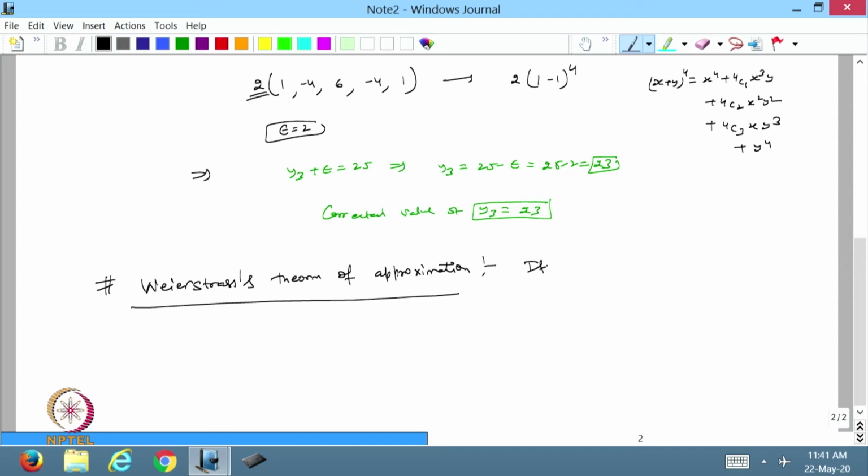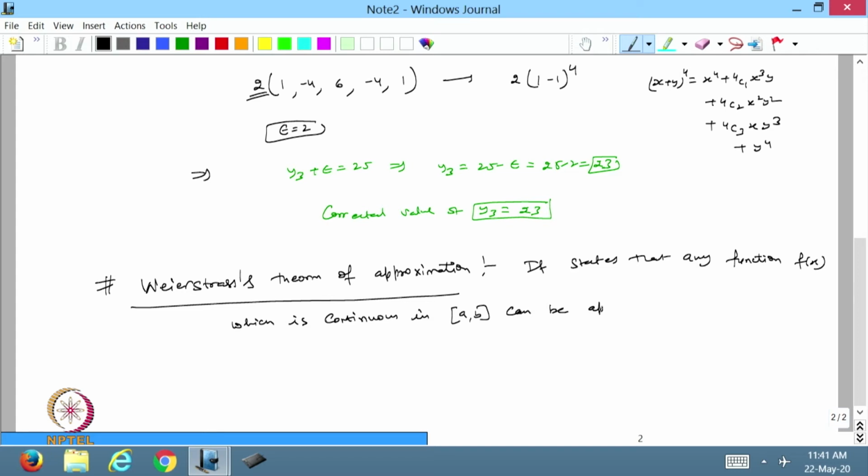So, it states that any function f(x) which is continuous in the interval [a, b], so it is continuous in the interval [a, b],